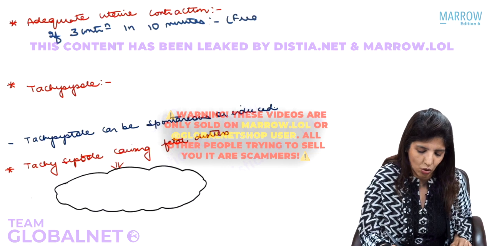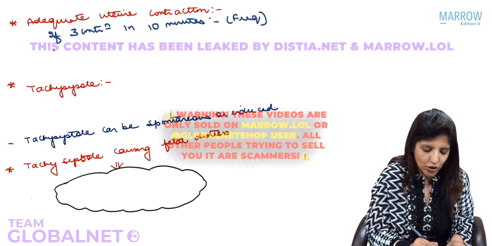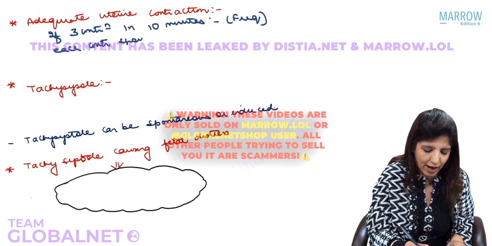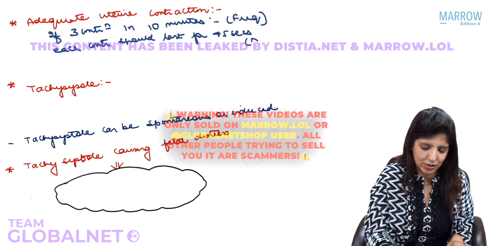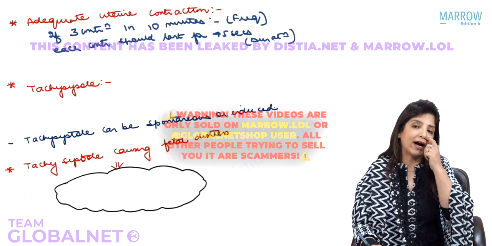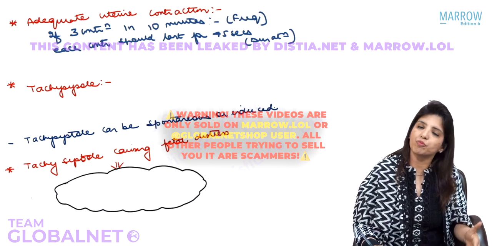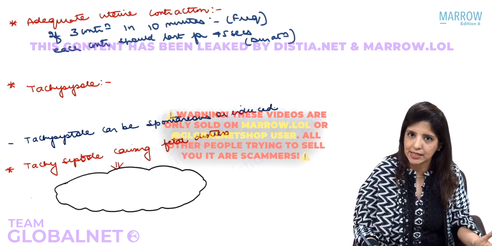This is what is called frequency, right? Then the duration of the contraction: each contraction should last for 40 to 45 seconds. So that is the duration. So always when you are defining contractions, you have to define contractions with respect to three terms: the intensity, the